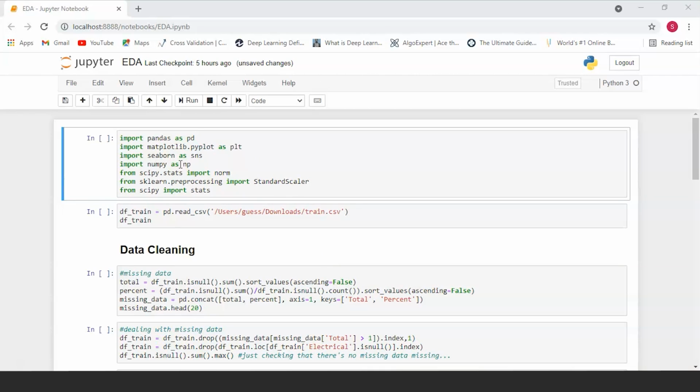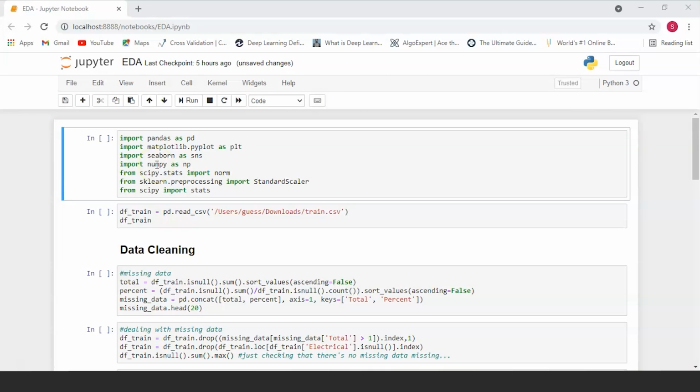Before we start exploratory data analysis, we're going to start by importing all the necessary modules required to perform it. We have the pandas module for working with and manipulating datasets. We also have the Seaborn and Matplotlib modules imported for plotting graphs and for visual representation of data.